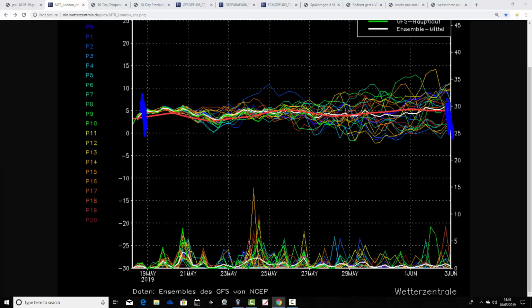Late on, as we go to the very end of May and the start of June, we do have one or two ensemble members that are becoming a bit hotter. So those are hot outliers. But conversely, we've got some that are quite cool down here. So it's a little bit of a split. It's very inconclusive, really. I think we can say temperatures aren't going to be doing anything particularly exciting in the next week